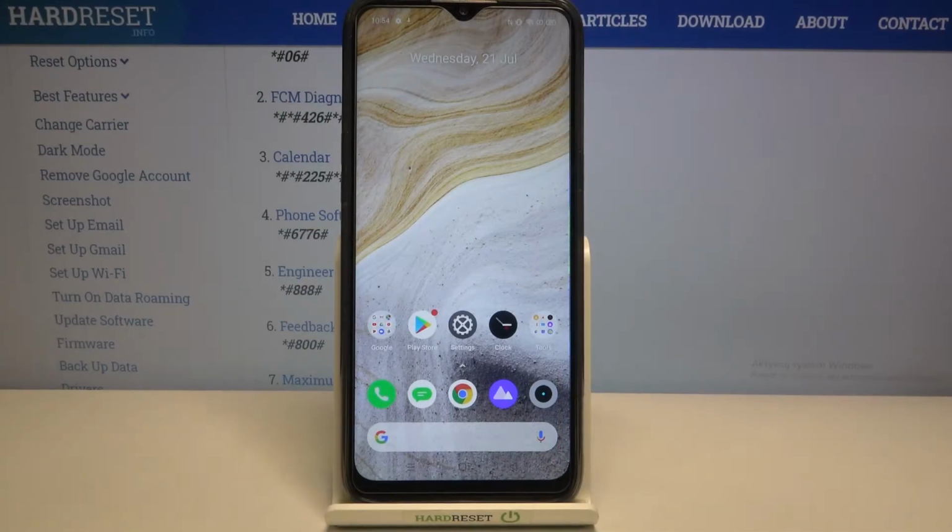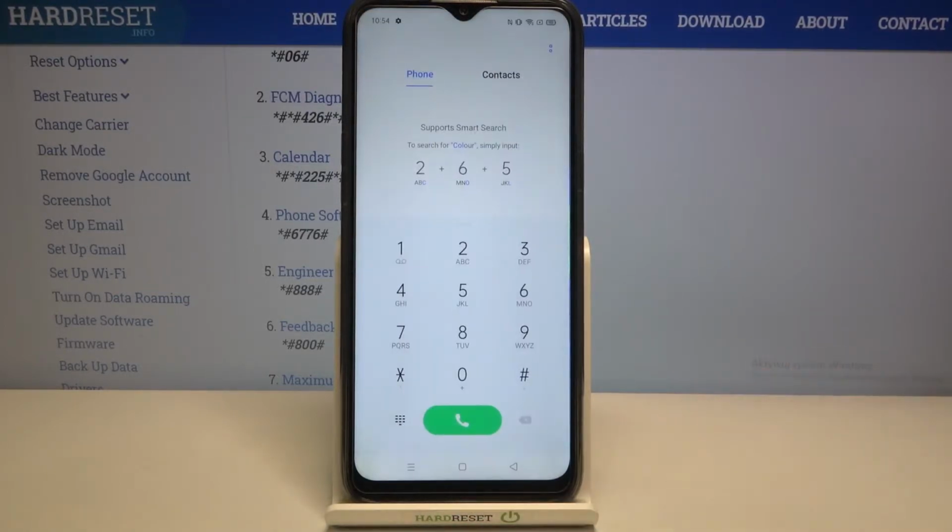Hi everyone, here we've got Realme 6i and let me share with you some useful secret codes which you can use on this device. So first of all, let's enter the dialer because this is the place where we will enter all of those codes, and let me begin with the shortest one and probably the most known, which is